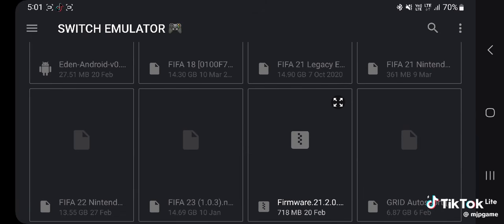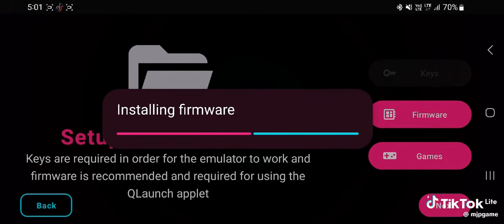You are not going to extract firmware, you will leave it in zip form. Just leave it like that. So just click on my firmware here. So as you can see, installing firmware. So you are going to wait until the firmware is installed. This thing will waste our time. I will just fast forward it, but know that if you click on the firmware,